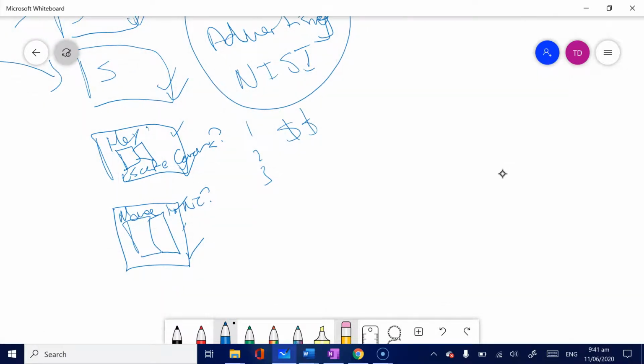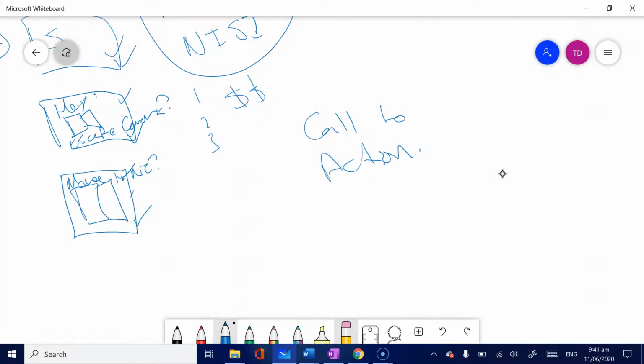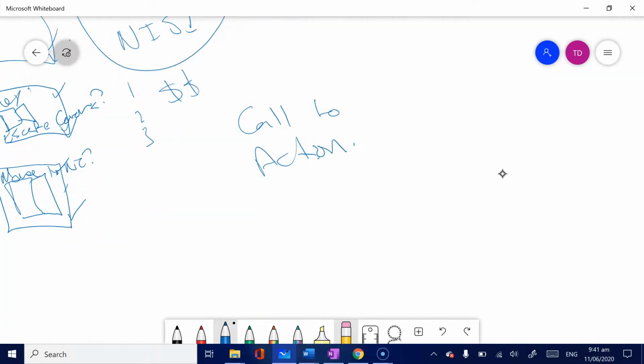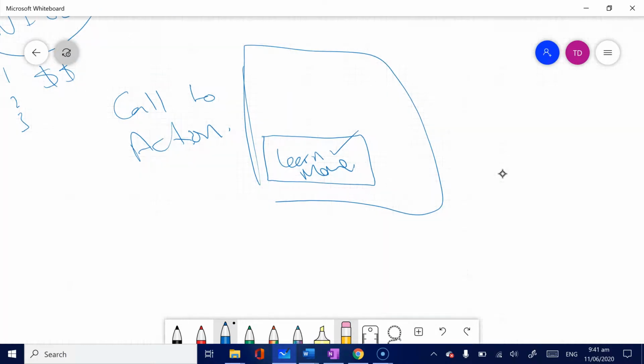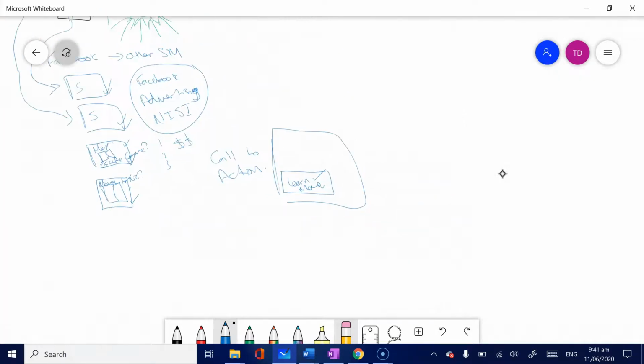And at the end of every advert, there's going to be a call to action. All that means is just, hey, click here. So at the end of the advert is, do you want to learn more? So there'll be a button, learn more, on the actual screen that they watch, and then they click that, and that takes them to,